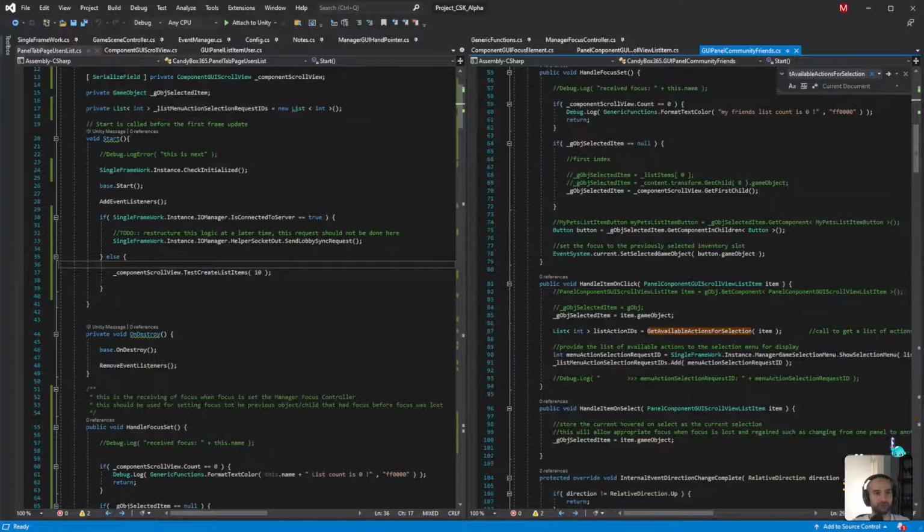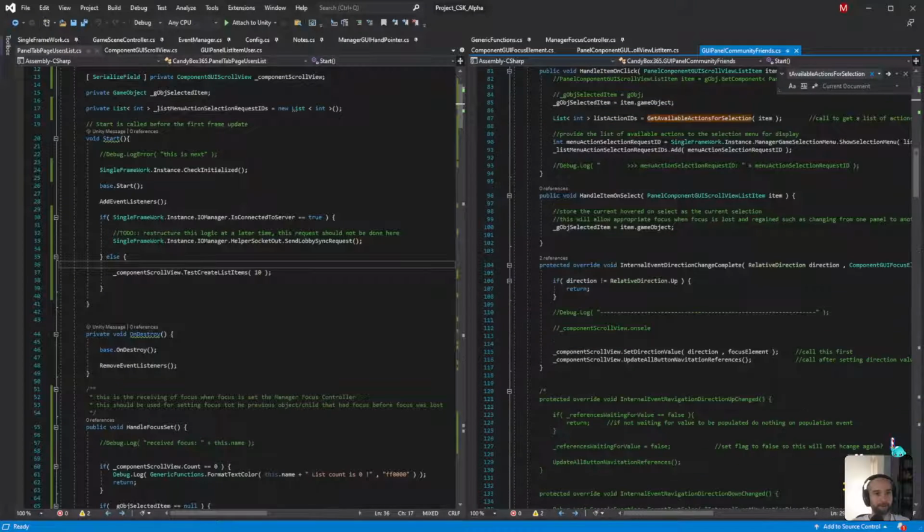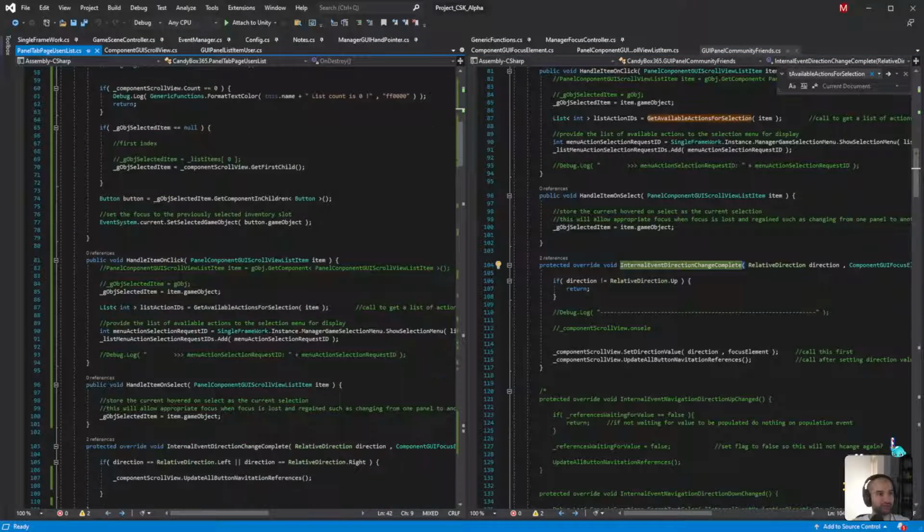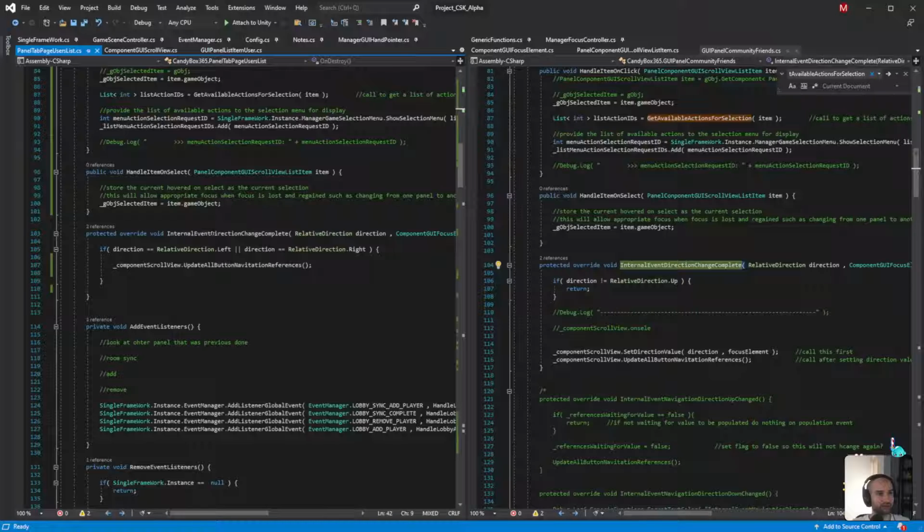So community friends. Yeah, so internal event, that's what I need. Internal event, did I use it as an internal event? I did. So internal event, direction change complete.